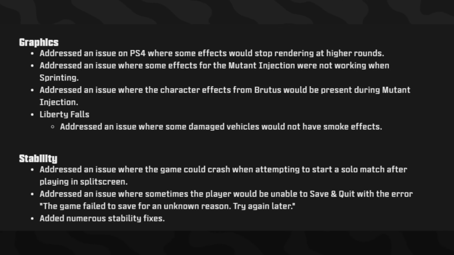They did a graphics update, addressed the issue on PS4 where some effects would stop rendering at higher rounds, addressed the issue where some effects from mutant injection were not working when sprinting, addressed the issue where character effects from Brutus would be present during mutant injection and Liberty Falls, addressed the issue where some damaged vehicles would not have smoke effects, and then they did stability fixes,